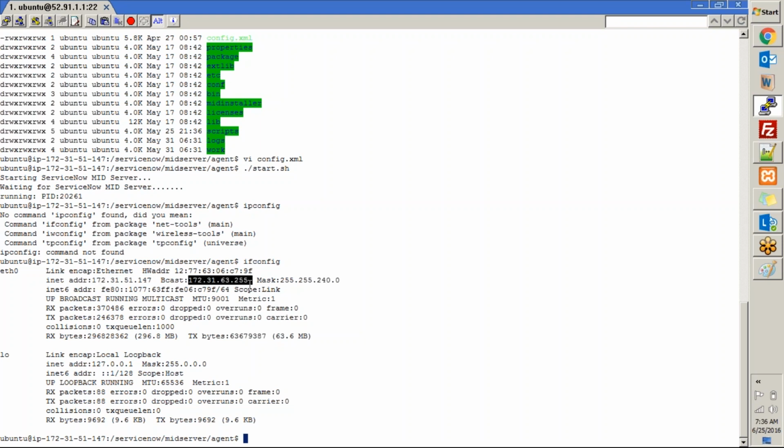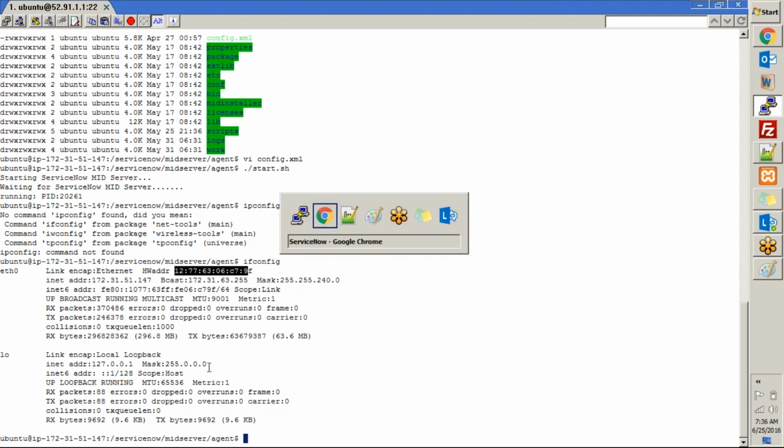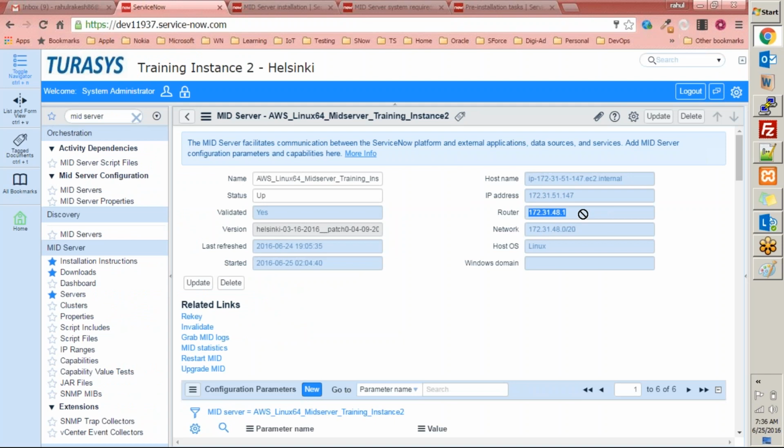This is the broadcast one. This is the hardware mask. So it is getting from somewhere else, which is not there in the ifconfig. So this is getting your router's IP address, it is getting your network IP address, and it is getting a network IP address range. See, 0/20, right? So it's getting a range of IP addresses from the Linux server that you have,